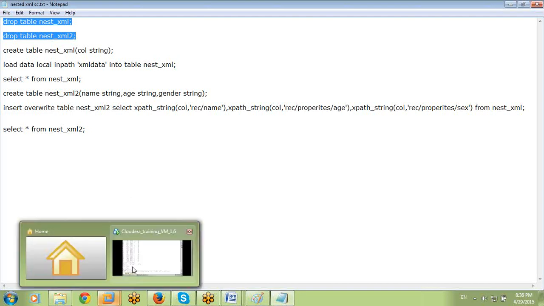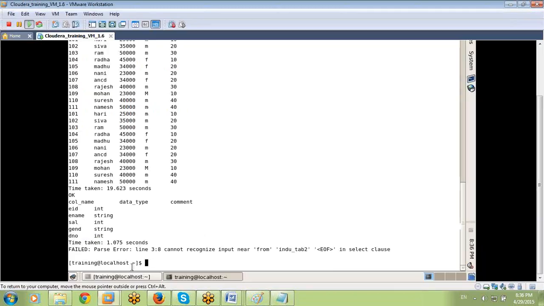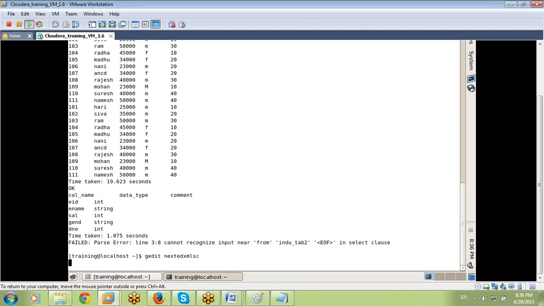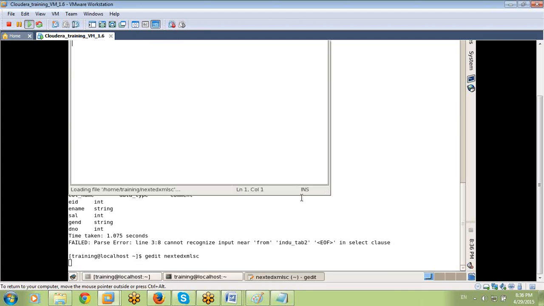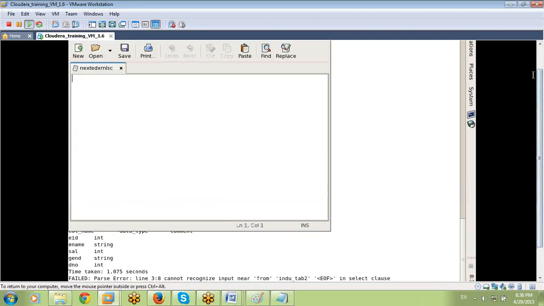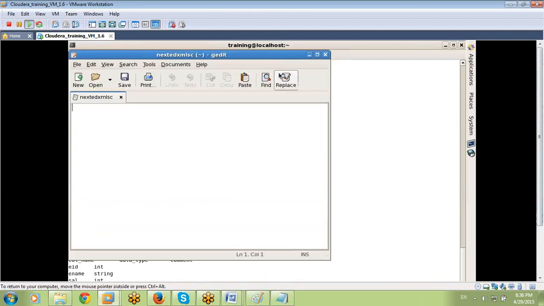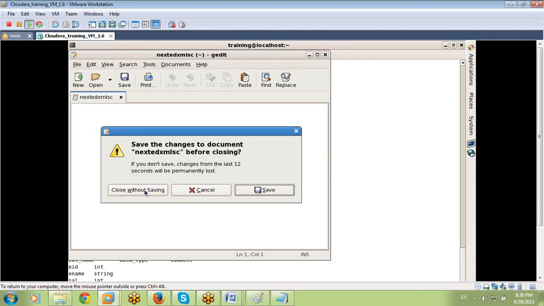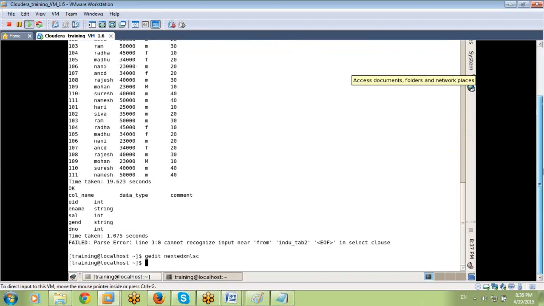So I want to run the script. How can I? Go here, open Notepad, gedit, some nested xmlsc.hql, whatever it is, enter. First, I want to create a nested XML file.